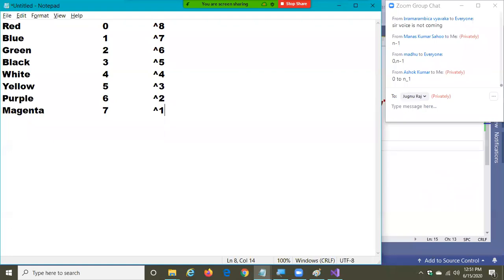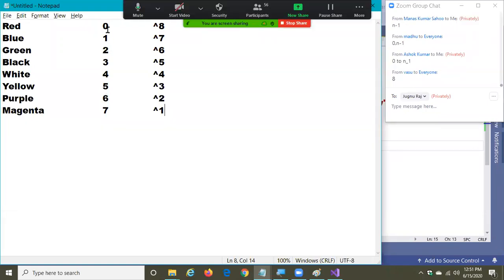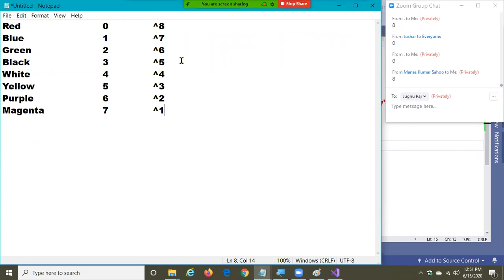Not from 0, it starts from 1. So what is the index of the first value? In this mechanism, the index of the first value is 0. In the second mechanism, what is the index of the first value?